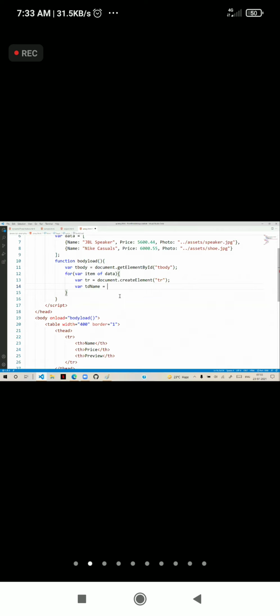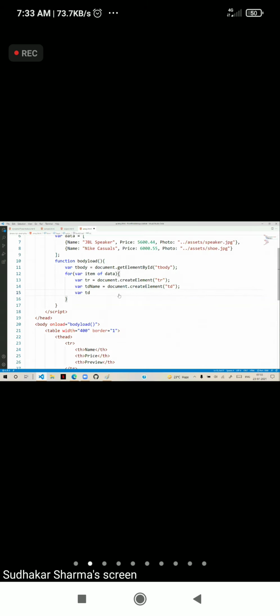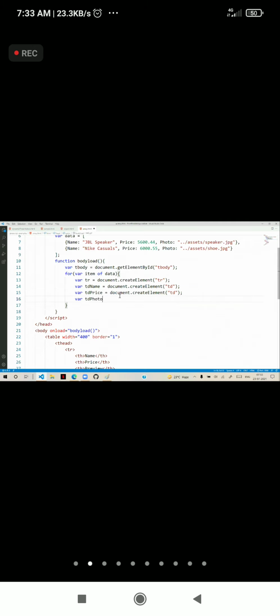How to create a table cell? document.createElement('td'). We need another tdPrice, document.createElement('td'). We need another tdPhoto, document.createElement('td').